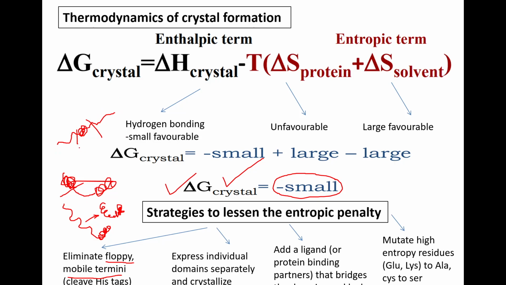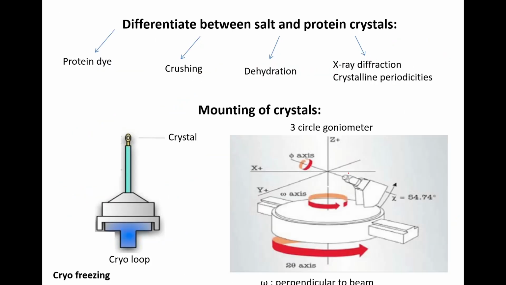So if you mutate them with some amino acids which will not hamper the overall structure of your protein, but will reduce the entropy of your side chains, that is also one strategy many people use for making this small del G a large favorable process for crystal formation. Okay, so now